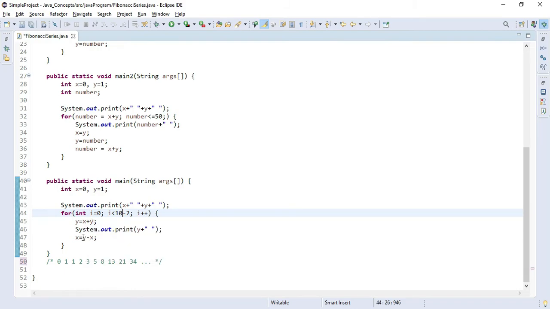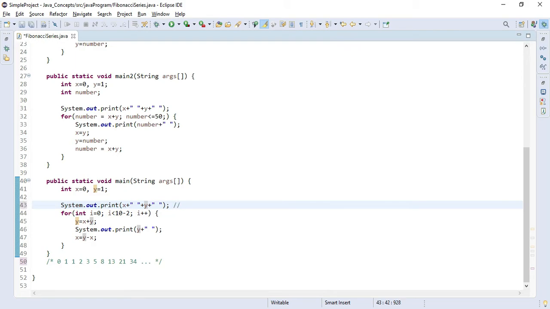But in this way we have created the next value, but we will also need to keep the last two values, and to do that we will have to maintain the value of x. So let's just try to understand all this. So the value of x will be 0 and the value of y will be 1.